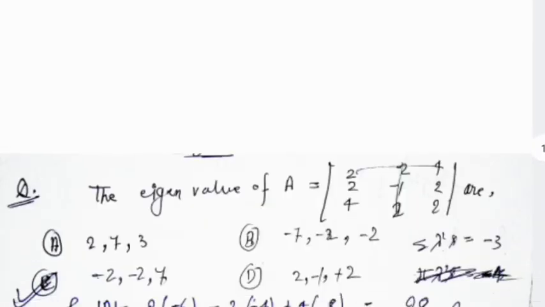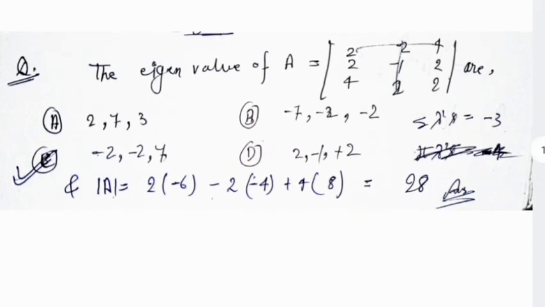Now come to the next question. Here the next question is defined as: the eigenvalues of A is given here. So the matrix is given, but the eigenvalues are not given. So there are four options: option A, B, C, and D. Now come to the solution of this matrix. By considering the matrix, we got the matrix given like 2, 2, 4 in the first row, 2, minus 1, 2 in the second row,